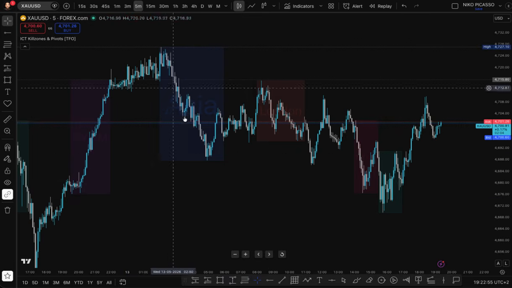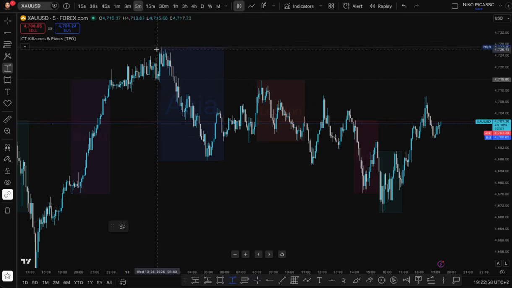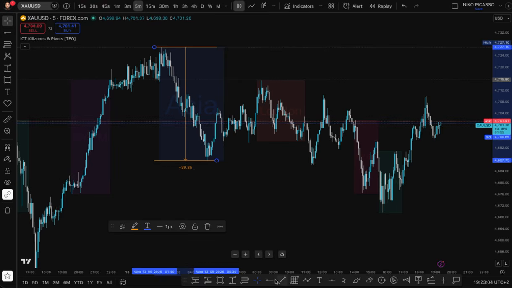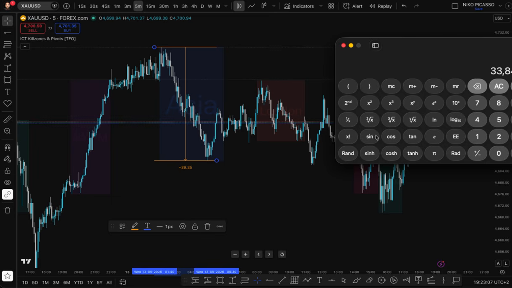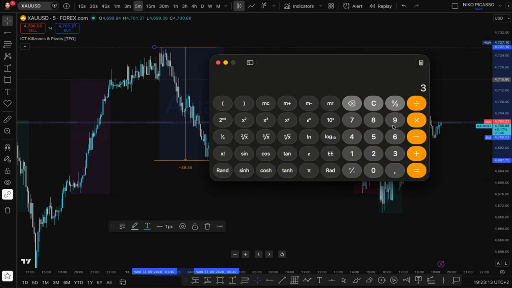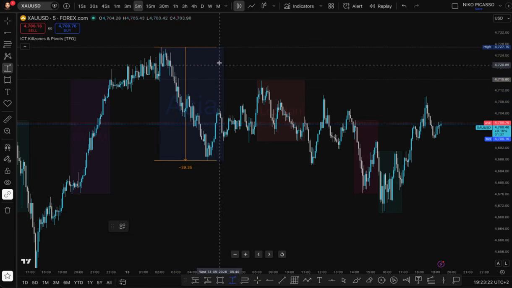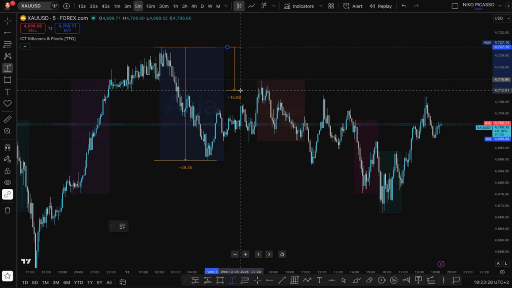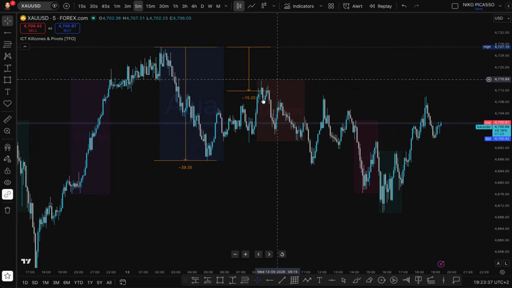So if you took this swing high to this swing low, for instance, by aiming for this high to this low, then you'll get 39, and you'll grab your calculator, and we divide that by 2.6. That gives us 15, and then we'll take our high, and then we'll drag down until we get 15, which is around here. We can see right here on the London session we had a nice sell opportunity here,